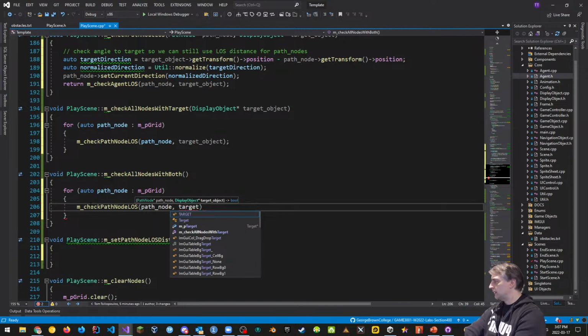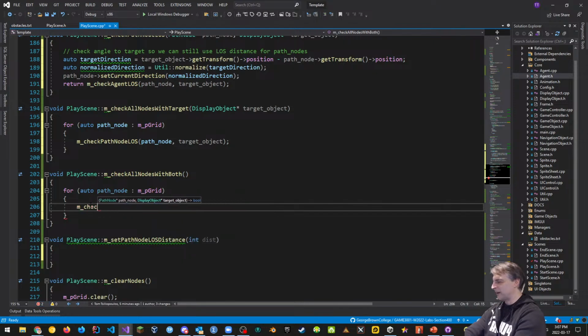And did I mess this up? Check all with both. No, I did actually not mess it up yet. I was going to mess it up because I already did this path right here. What it should look like is bool line of sight with spaceship. The Boolean is going to say that, okay, cool.